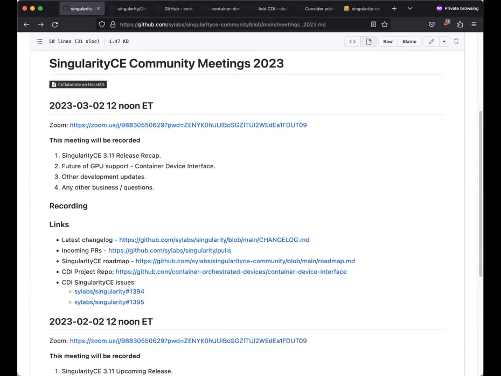Okay then. Let's move on to talk a little bit about the container device interface. So it says here, future of GPU support. Now,